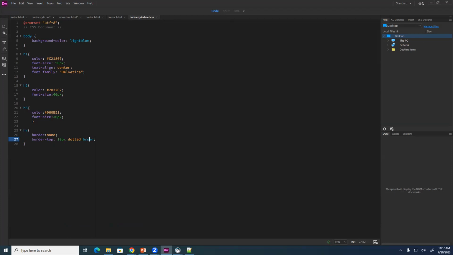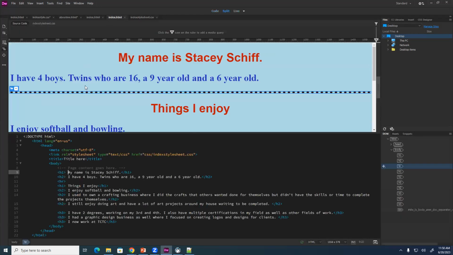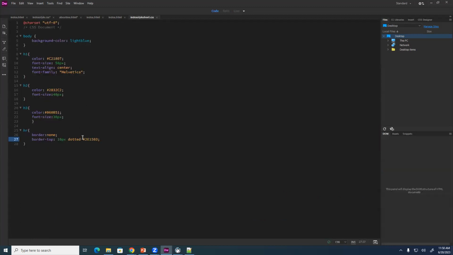So what I'm going to do, now browns, I'm not good with. So hold on, let me find a good hex color for brown. I don't know the hex colors for brown that well. And I want something more on the chocolate side. So I'm going to do hashtag 2E1503. And Ctrl+S to save. Yeah, that's much better. Well, that still looks really dark. That's a little too dark. So let's change it to